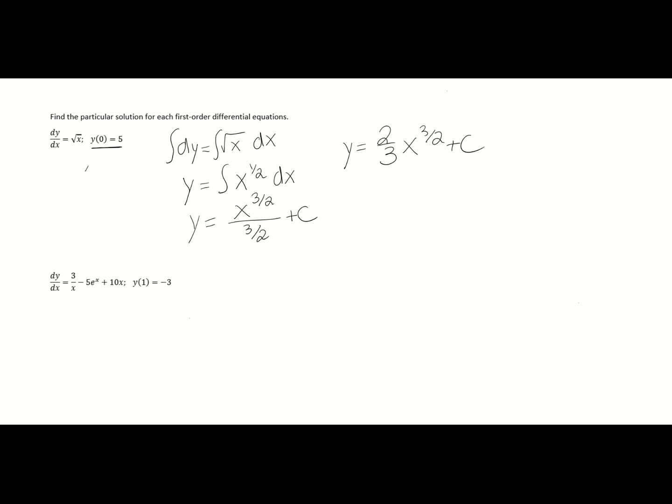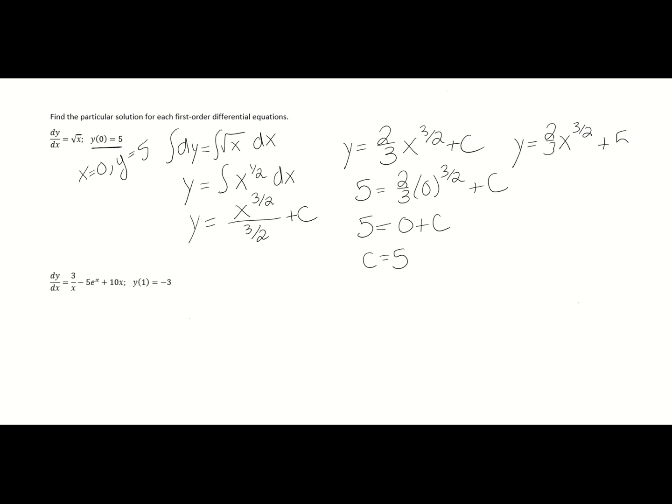But now the difference is that we're going to actually find c. So we know that when x is 0, y is 5. So I have 5 is equal to 2/3 times 0 to the 3/2 plus c. But 0 to any power is 0, so this is 0 plus c, which means that c is 5. So my final answer is y is equal to 2/3 x to the 3/2 plus 5. And here's my particular solution. This little guy right here would have been my general solution, but because I know now what c is, this is my particular solution. Okay,